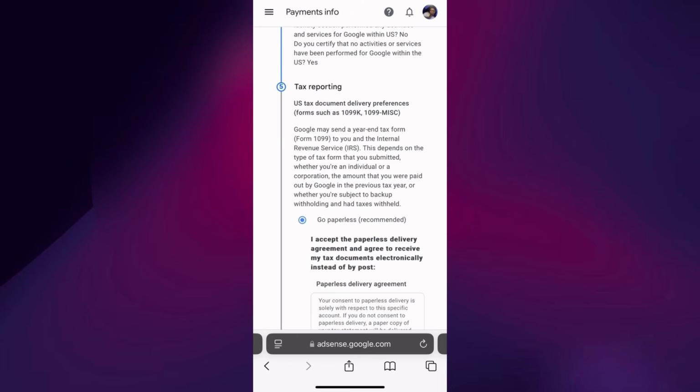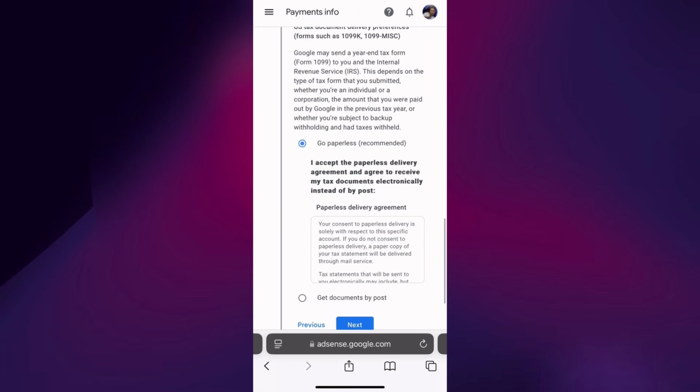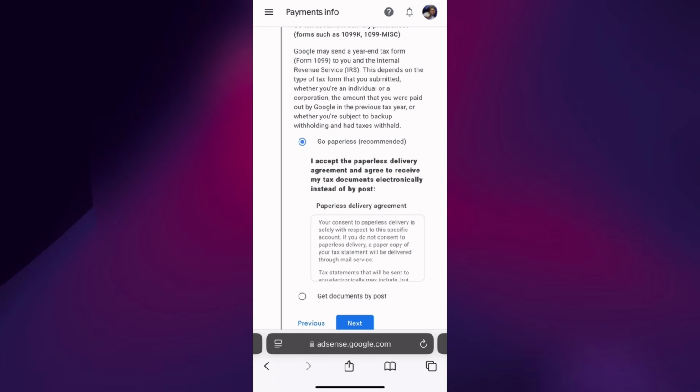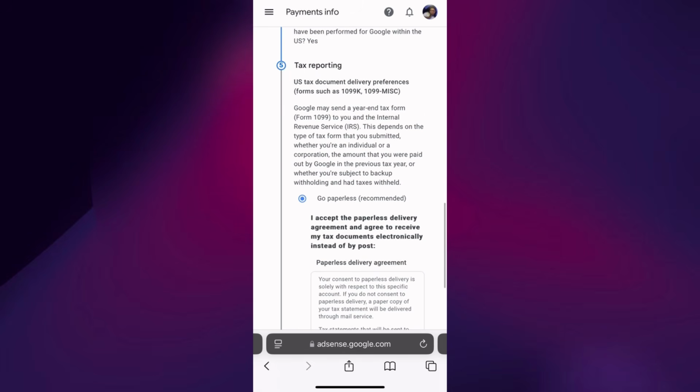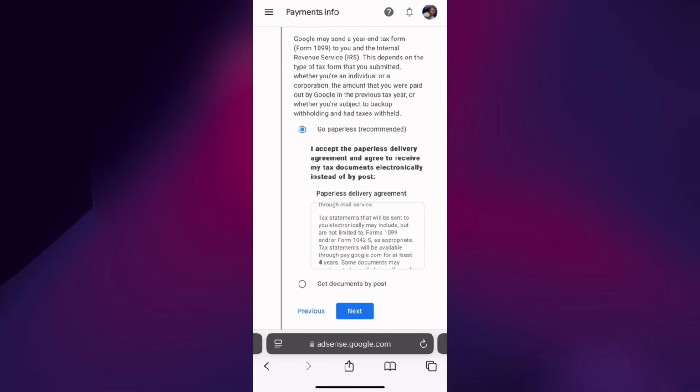It's very seamless. You do your verification within 10 minutes and then you can start withdrawing your money, except if you're in a remote place where you can't do that verification. Then you can just use the document whereby YouTube is actually going to send you a Google AdSense pin. For me, I chose paperless and it was seamless. So you can just as well go through their terms and conditions to understand more about this. All right. So once you're done with that, just click on next.